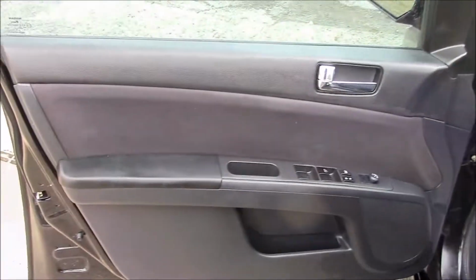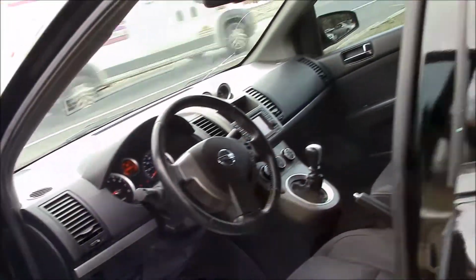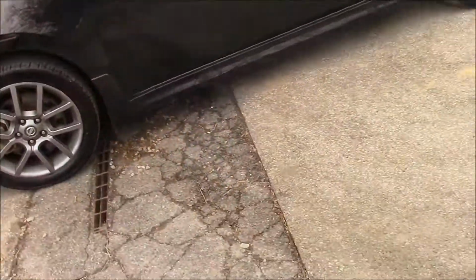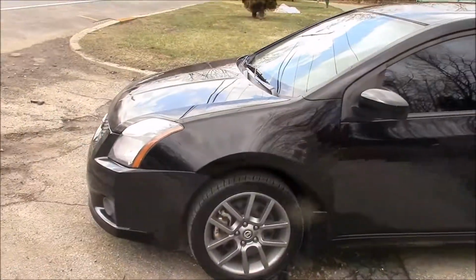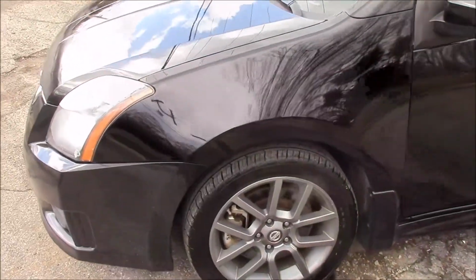Okay, there's our door panel and the door itself. All right, so that's the interior. Like I said, very, very clean interior and a very, very clean exterior, and that's what we're going to go over right now. All right, and you can see the black shiny paint here,